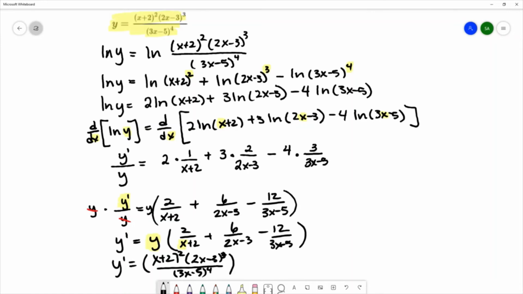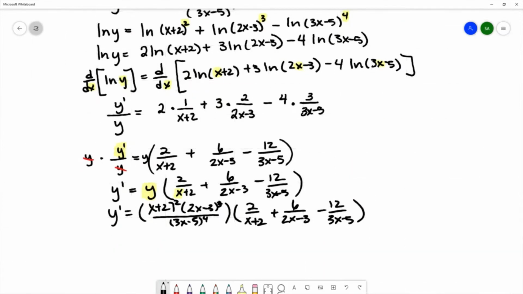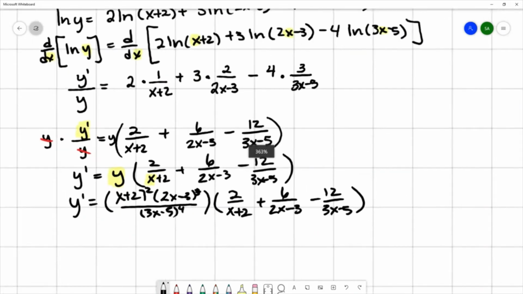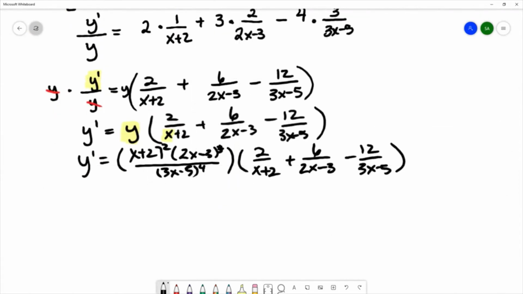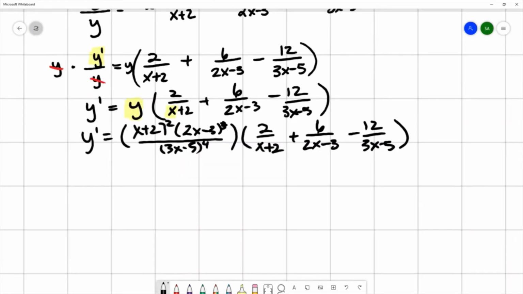So I substituted that in for y, and then I'm copying down this right here. So this gives me the derivative of y with only values of x,